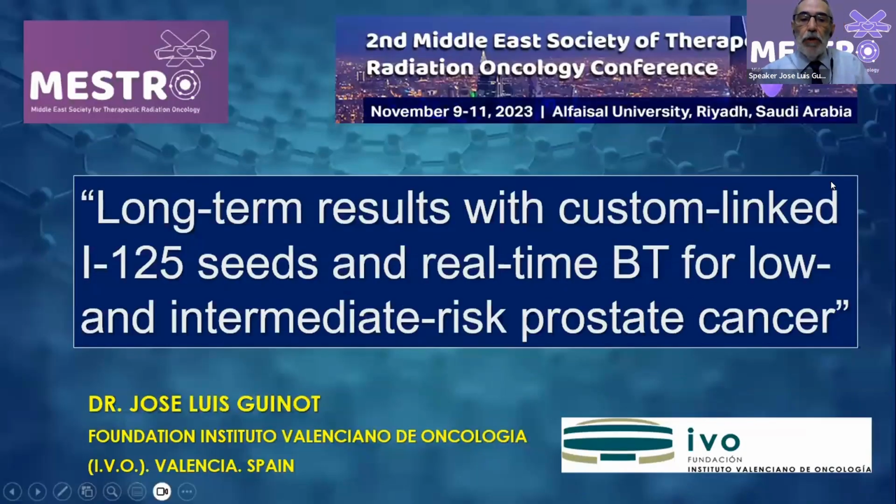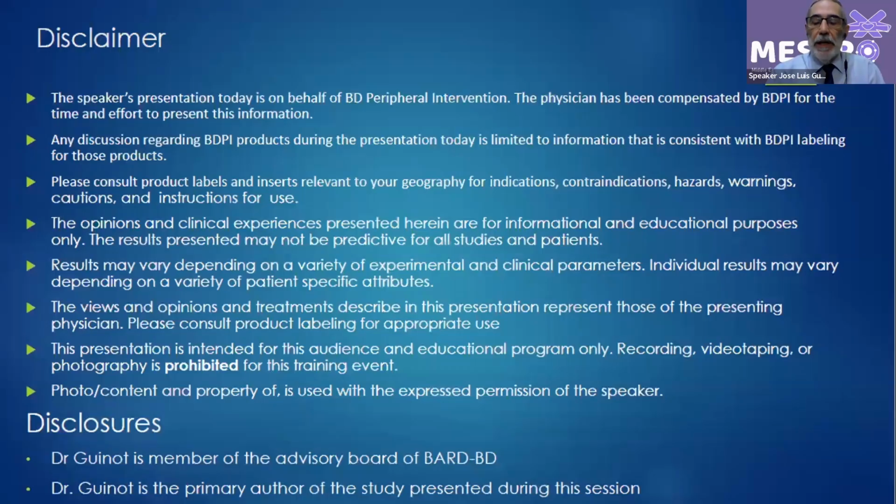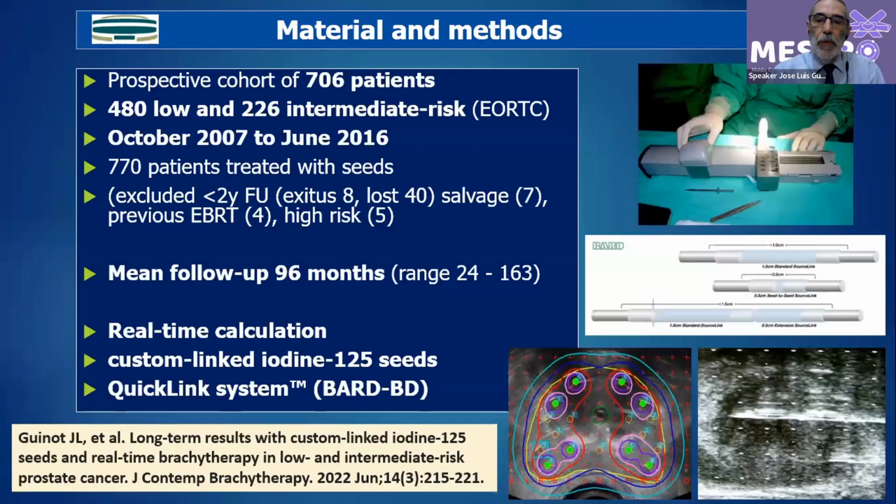So these are the long-term results with custom-linked iodine-125 seeds and real-time brachytherapy for low and intermediate risk prostate cancer. This is a study that we have prepared. We have been treating with seeds for more than 19 years. So we have collected a prospective cohort of 706 patients,